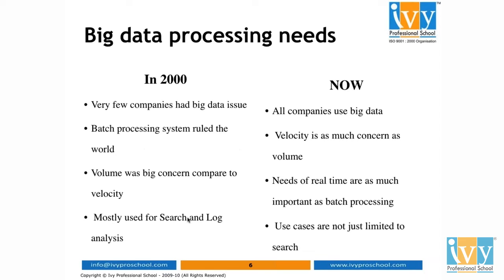Till 2000, people were focusing more on batch processing, but now there is a need for real-time processing, as important as batch processing. For that, velocity is the concern. You need to analyze the data at that very point. Like I gave you the example of Amazon: people are buying a product and you want to give them a discount at that very moment. That is real-time processing. For that, you need to take care of the velocity, the rate at which data is entering the system. Now the scenario is that every company is using big data, even all startups.